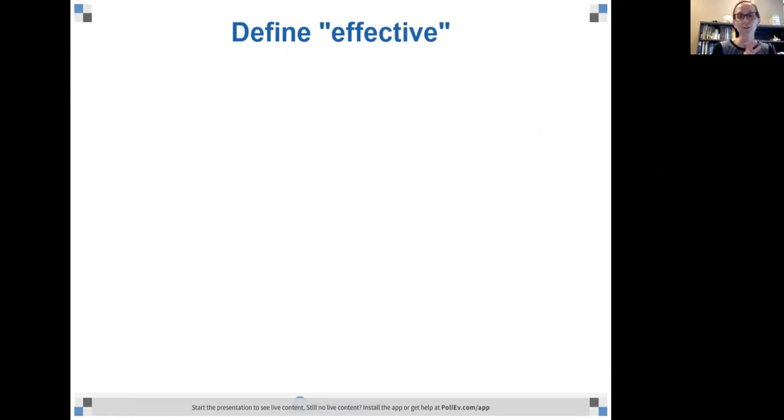Okay, ooh, this is interesting. Okay, so as this word cloud is formed, we get to see what you guys think of as effective. And I'm interested to see what you think about how this relates to writing in particular.